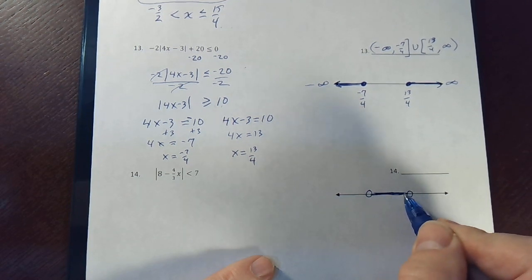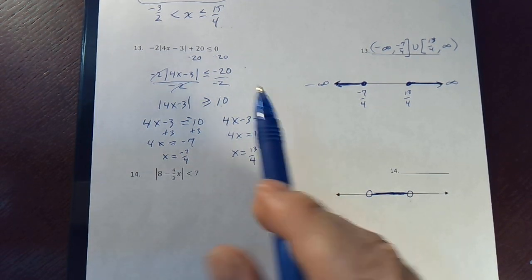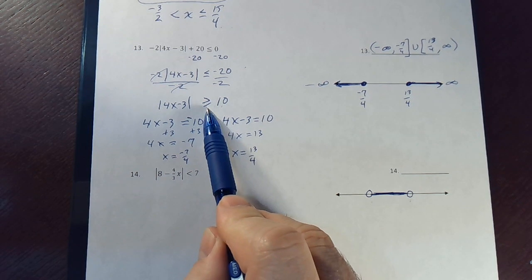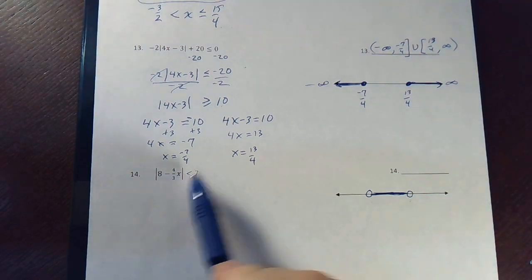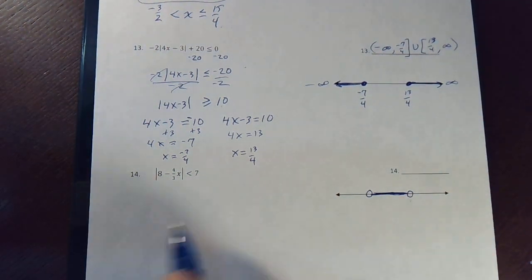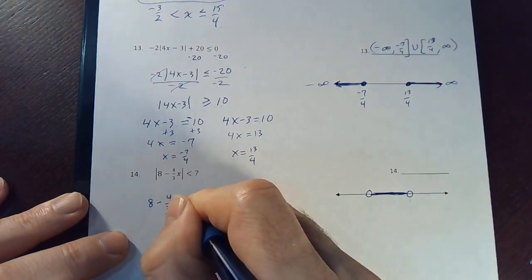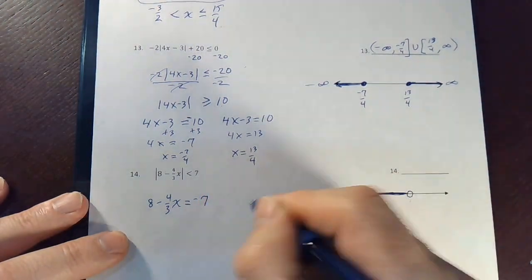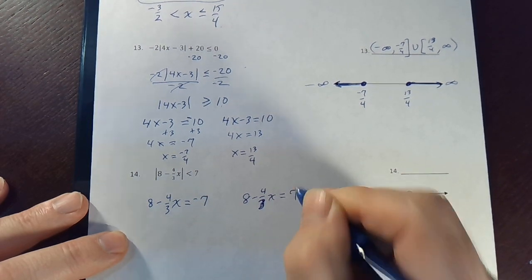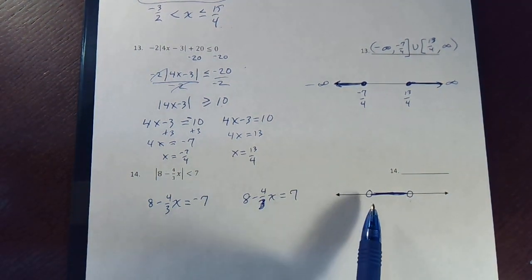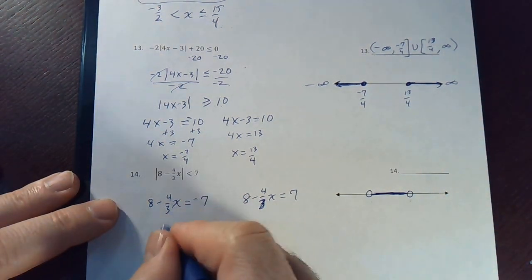So all we need to worry about is getting these 2 magic numbers, just like we did up here. Only up here, it was an absolute value greater than or equal. That means you shade outward. Less than or equal means you shade in between the 2. So we just need to write 2 equations. 8 minus 4/3 x equals negative 7, and 8 minus 4/3 x equals positive 7. Those two numbers are going to give us the magic numbers that we'll write here, and it will give us the interval. So if we subtract 8 from both sides,